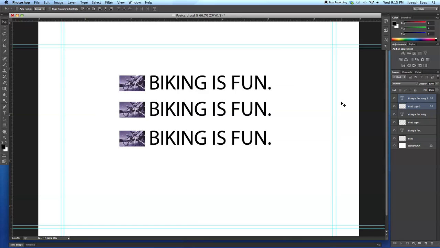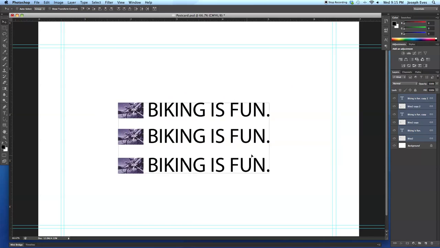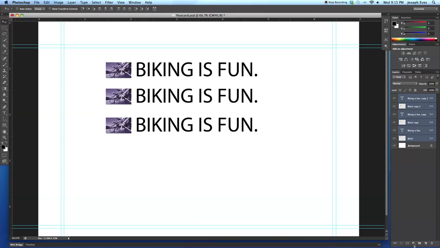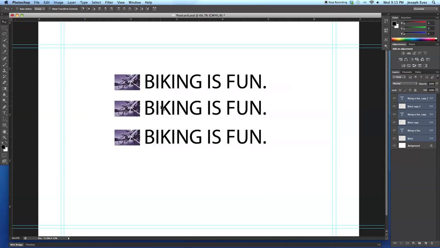Now you can also link all of these together in one. So I'll go ahead, click the top one, and then I'll hold Shift and click the bottom one. Now it looks like they're all linked together, but I want one big link to move all of these, so then I hit the link button and then link it one more time. Now all of them are linked. And the reason that I had to click the link button and then click it again is because I had to unlink the pairing of just the two, so that all three of them, or all four elements, would be linked together. So that is how you link